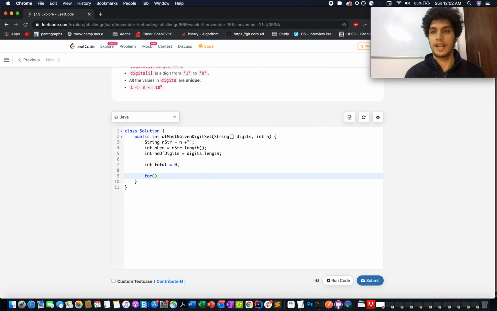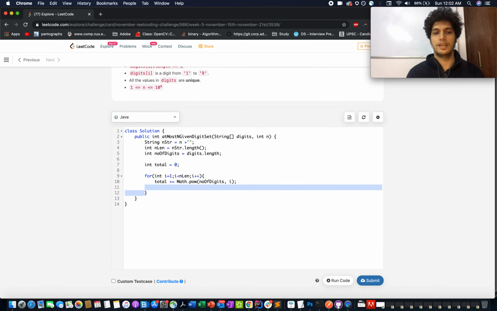Let's calculate the first part of the solution. Integer i equals 1, i is less than n length, i plus plus, and total plus equals Math.pow(number of digits, i).